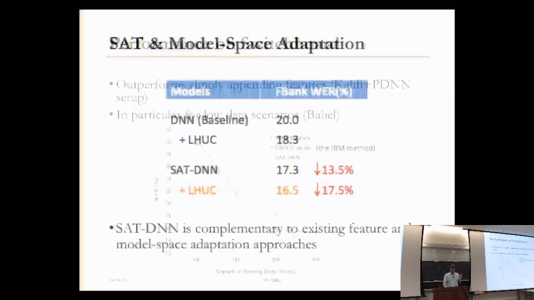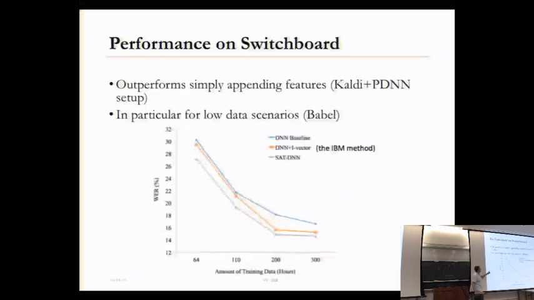So, okay, here's our comparison on the Switchboard data. This is the DNN baseline by itself, no I-vector adaptation. This is the IBM method of simply attaching the I-vectors to the input features, and this is our method when we're doing this little adaptation network, and we find that this method performs at least as well as simply attaching the I-vectors to the input features, in particular in situations when